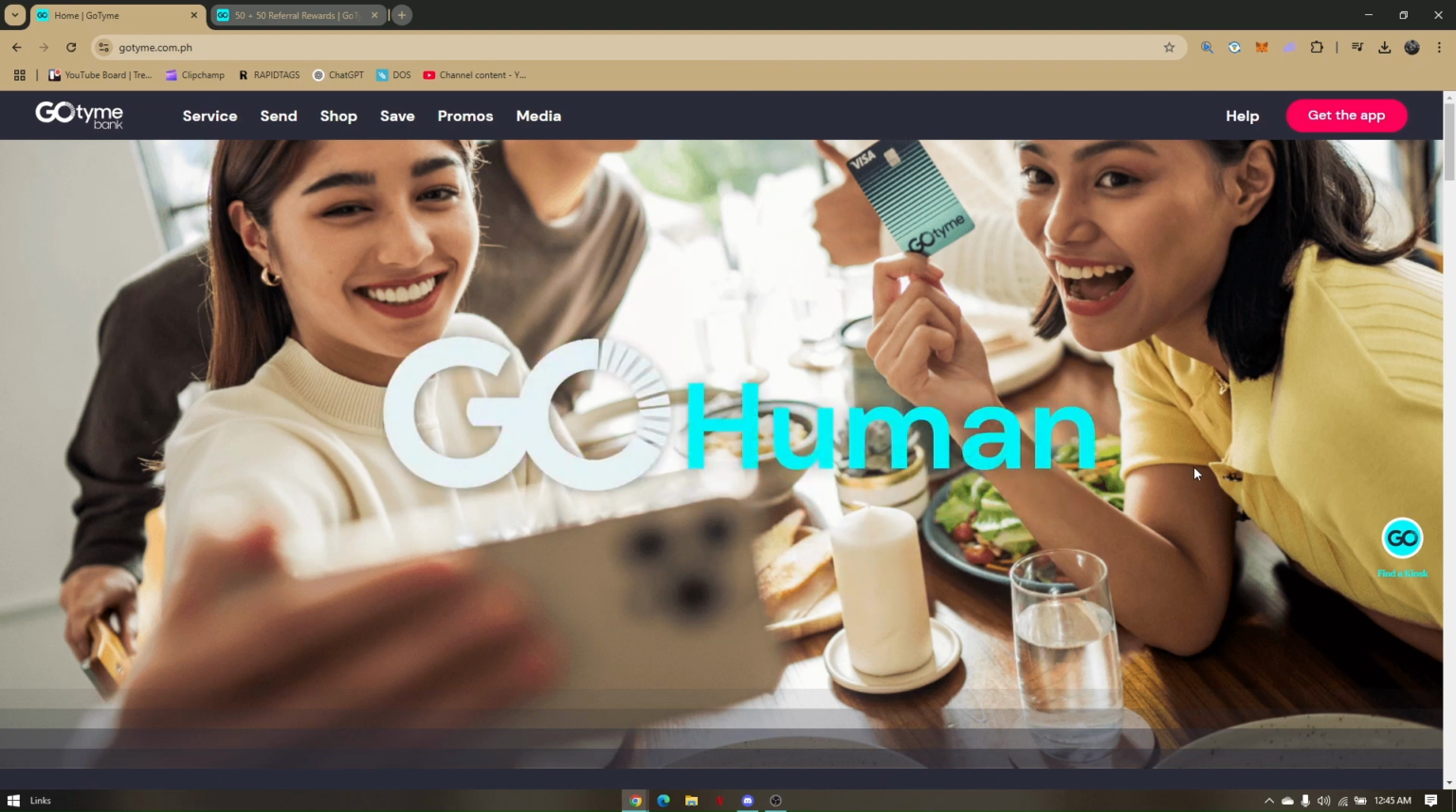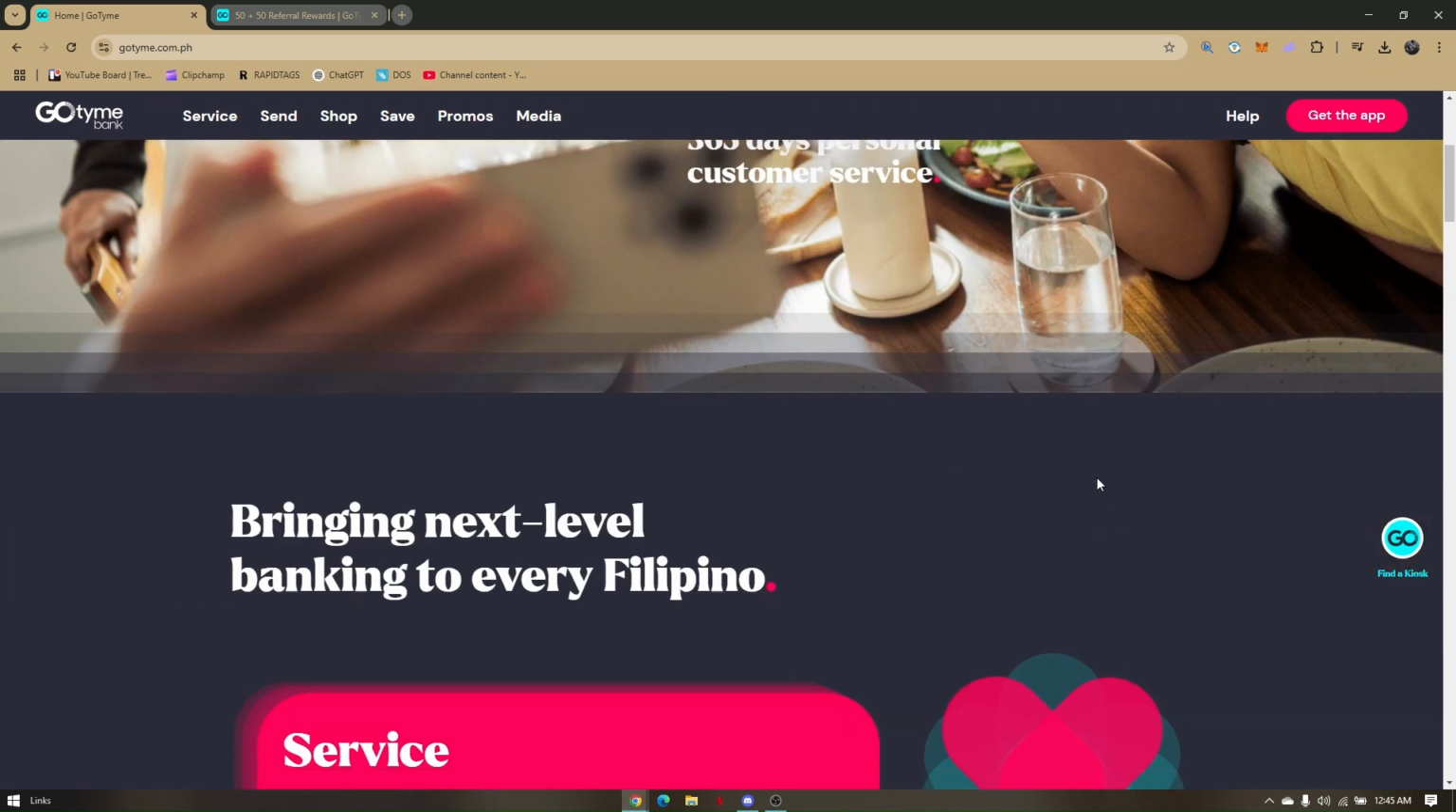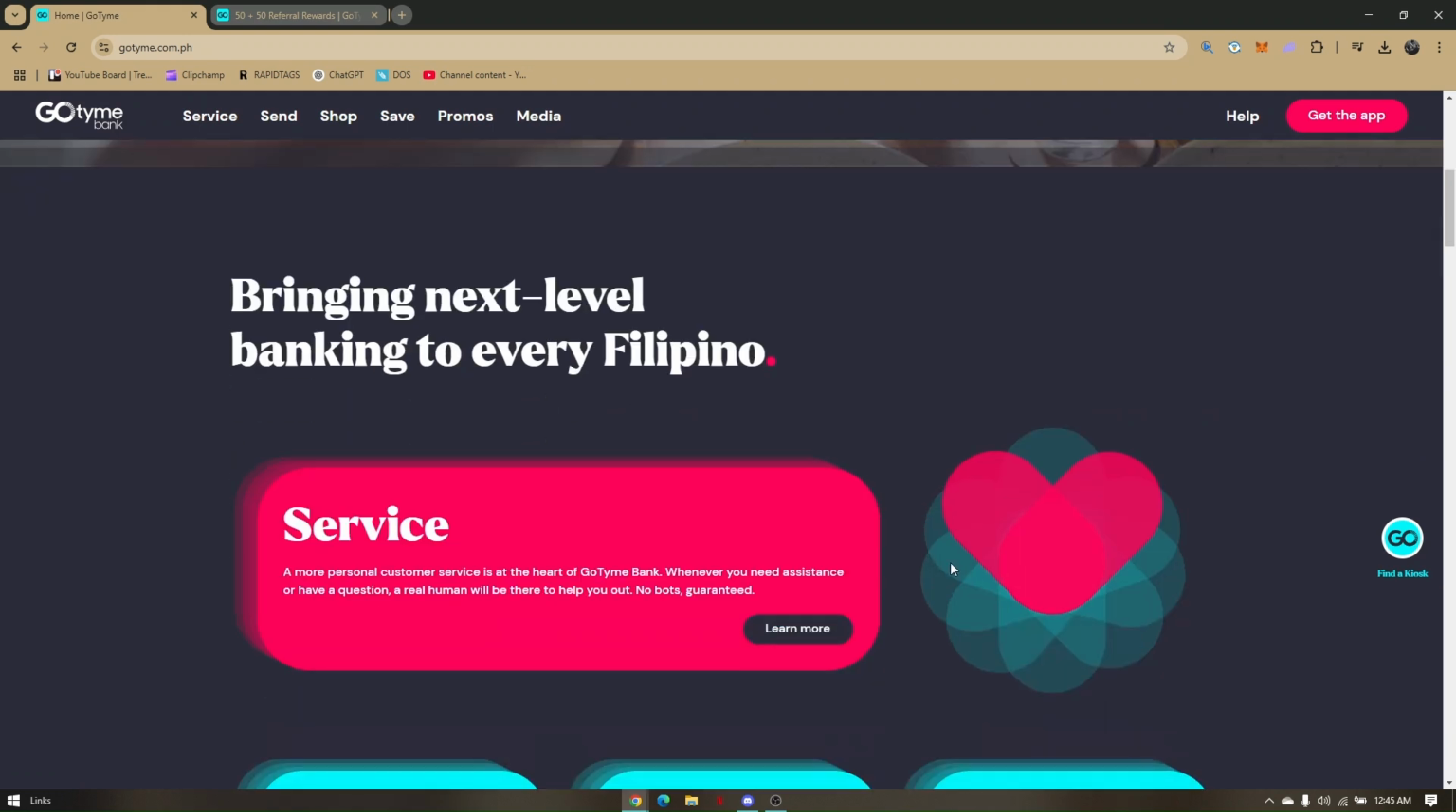How to find the referral code in Gotyme. So as of 2024, what you can do to find your current referral code, or if you want to refer a friend, you can go ahead and send it via a specific link from the